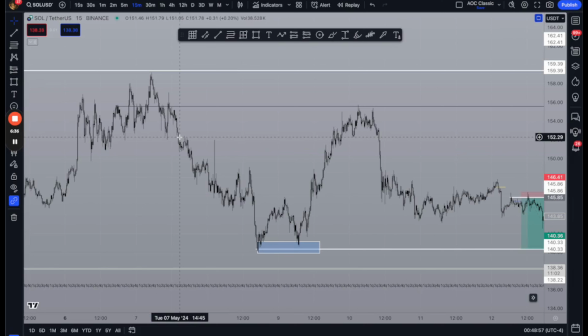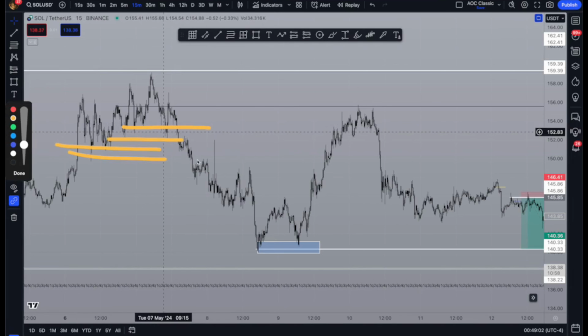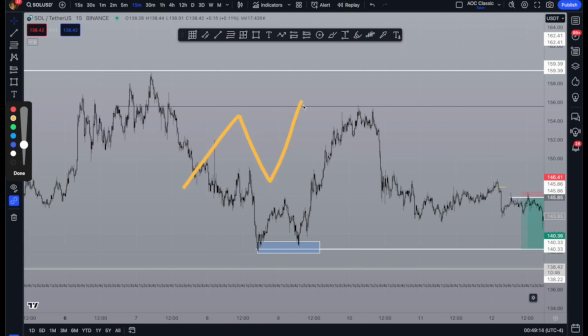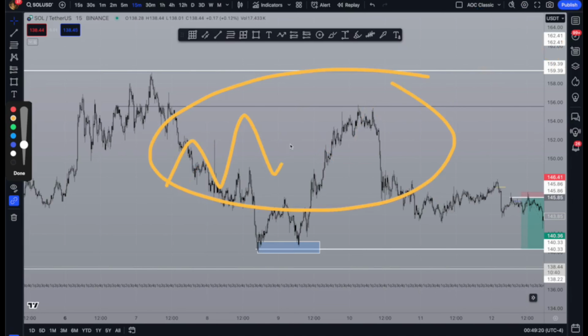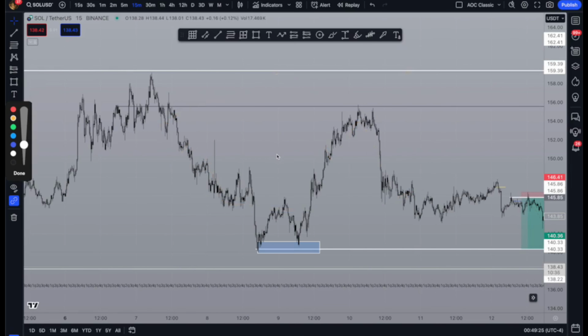Just understanding the big picture prevents you from trading the opposite direction of what the market is trying to do, and secondly, it prevents you from getting chopped up over here. I'm sure you've been in this situation before where you're not quite certain which direction the market is going. At one point it seems to be going up, and then it's down, it's up, down, up, down, up, down, up, down, and you get a lot of these little movements where throughout the entire time, you're just doubting yourself, and you're doubting if your trade is even the correct decision. So the way to prevent that is to have a higher time frame that you can use to identify the